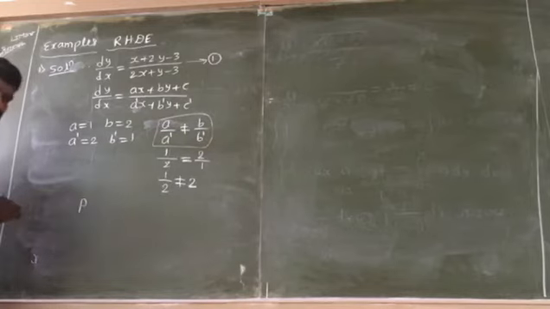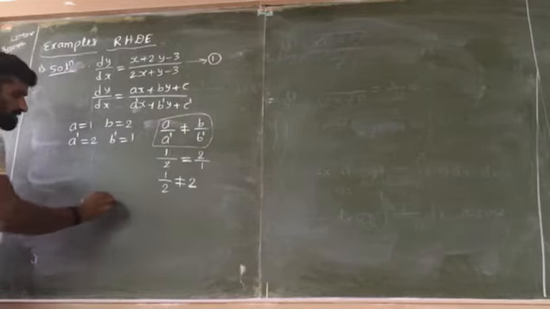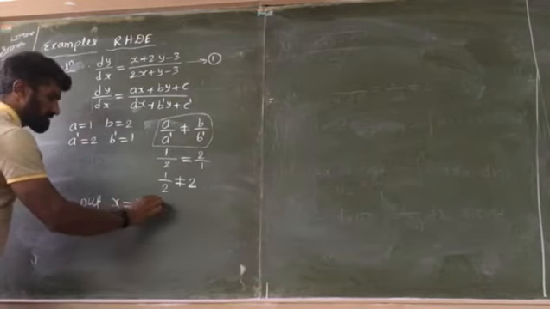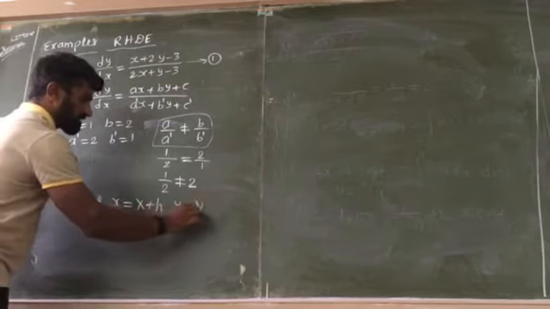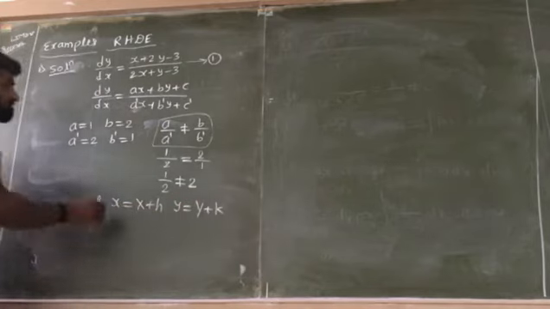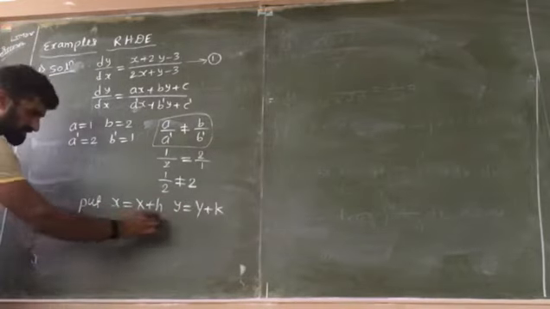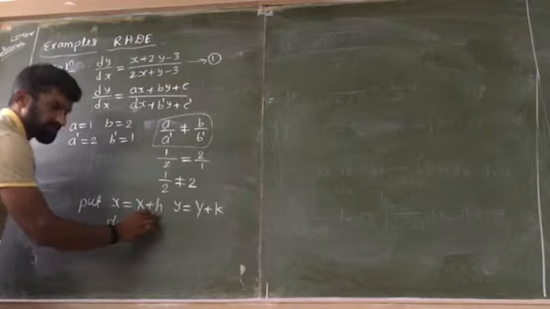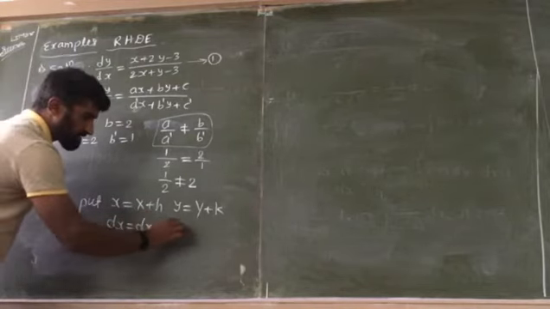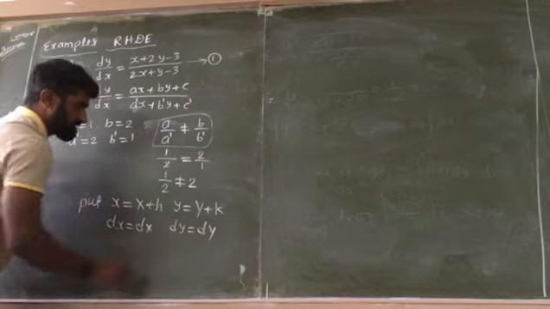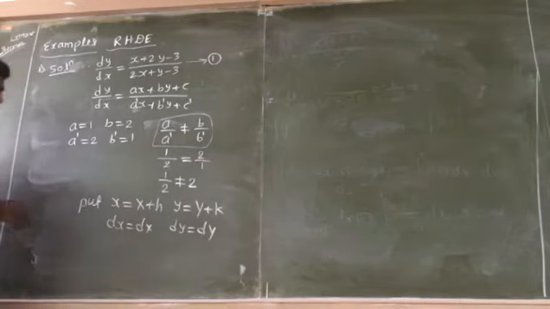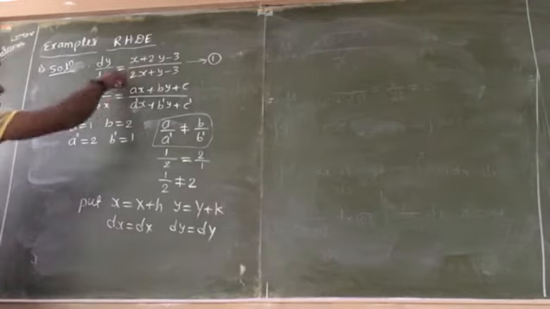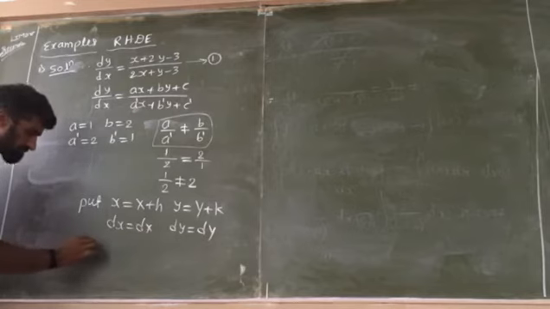So step 2: put small x is equal to capital X plus h and small y is equal to capital Y plus k. But I want dy by dx, so differentiate it. So dx is equal to capital dX, where h and k are constants, and dy is equal to capital dY. So you should find h and k, which means putting the x, y, dx and dy values in equation 1. Therefore equation 1 becomes